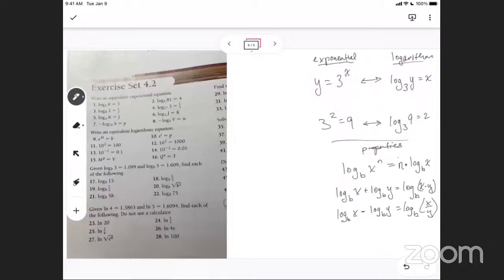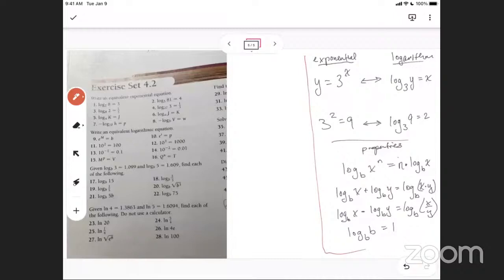Another property is the log base b of itself is just 1. But that kind of follows from the definition. You probably could figure that one on your own. I'm trying to think of what other properties of logs there could be. Well, I'll think of them when I start trying to do the problems. I've basically just taught you like 2 weeks of a review of logarithms from high school.